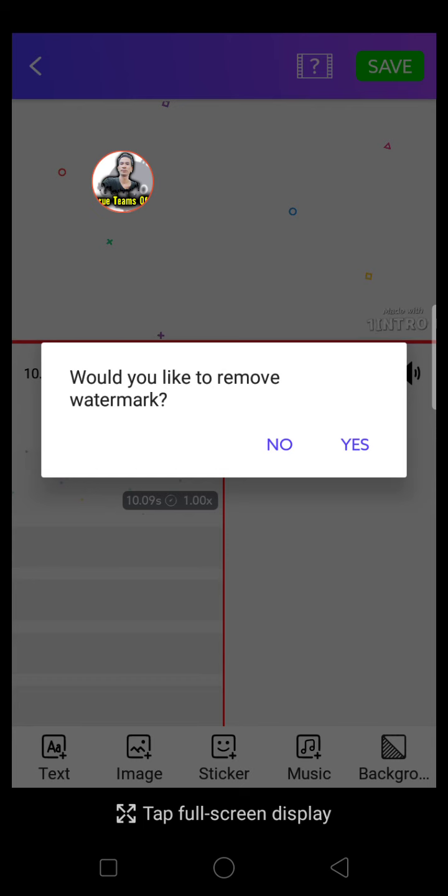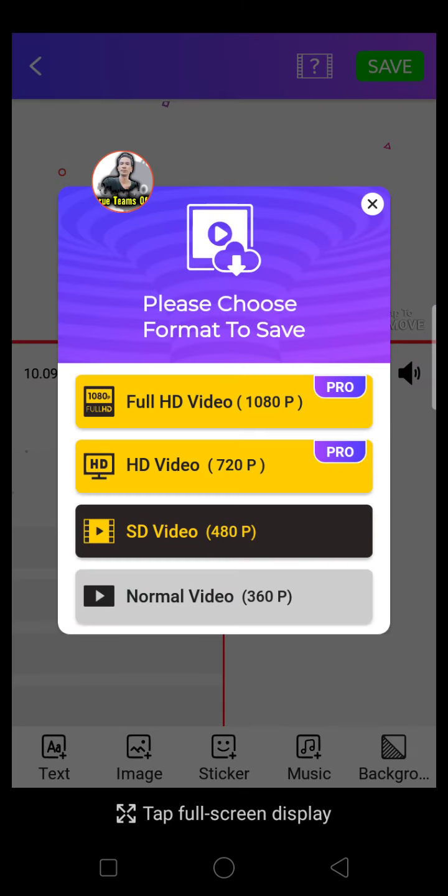This one is asking you if you want to remove watermarks or not. So if you want to remove watermarks, you need to pay monthly for that. And if you don't want to remove watermarks, you don't need to pay. So, I'm going to click no. And if you don't want to remove the watermark, you can download only